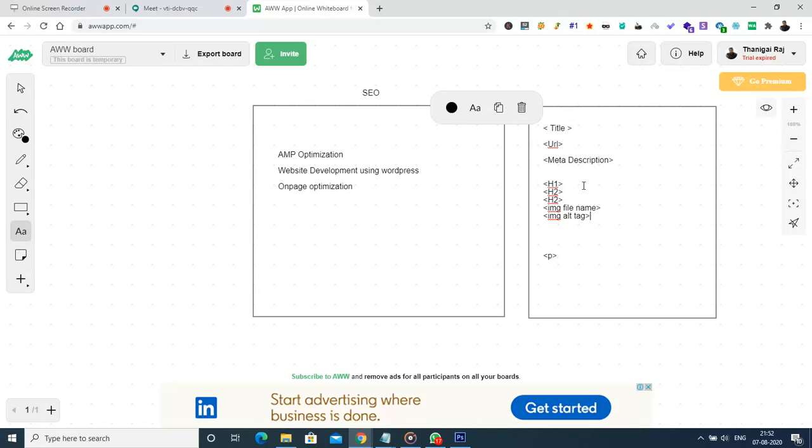Primarily that is the importance of the alt tag, but for SEO it is the one thing that communicates to the search engine that this particular image is related to this keyword, this chapter, this title, something like that. Then comes the image title tag. The image title tag will be shown along with the image, and it is used for showing importance to the search engine.